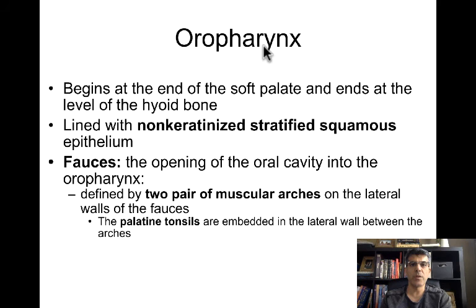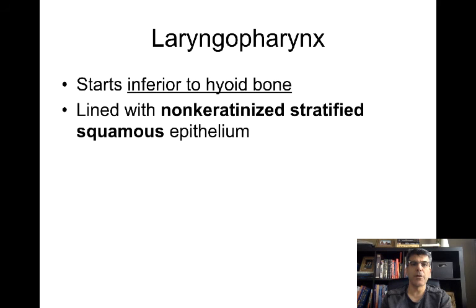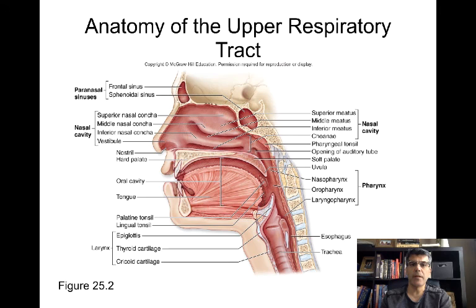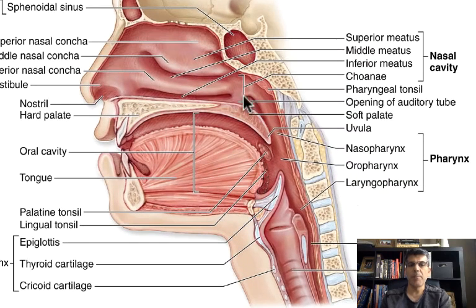In the oropharynx, where the pharynx opens to the mouth, you have non-keratinized stratified squamous epithelium. It's a stratified squamous, but it's non-keratinized. How about the laryngopharynx? The laryngopharynx also is lined by non-keratinized stratified squamous epithelium. And that makes a lot of sense. Why? Because remember that the nasopharynx opens to the nose, and the only thing that's going to pass through this area would be air. You want the epithelium here to be ciliated to remove all the dust and particles that come with the air. So it makes sense that this area is ciliated columnar.